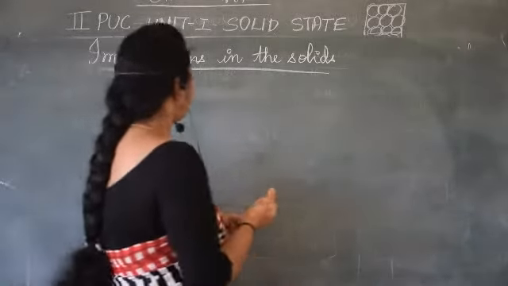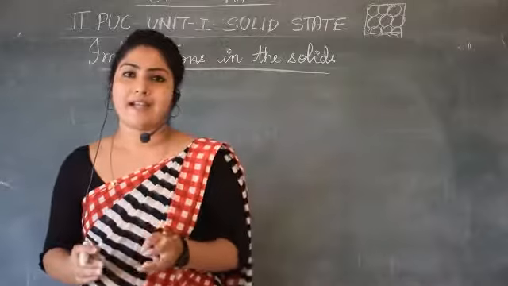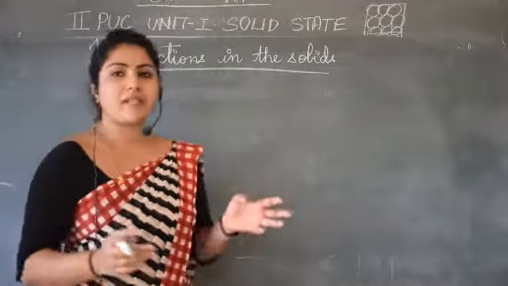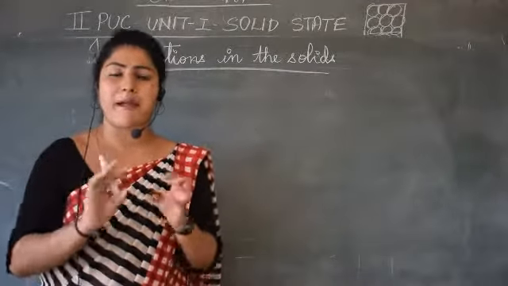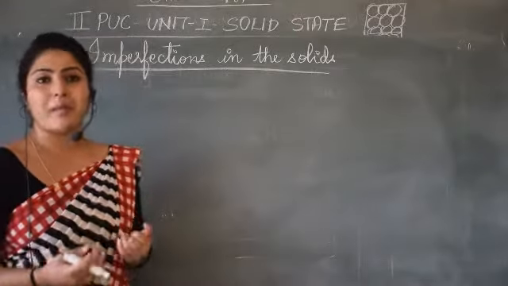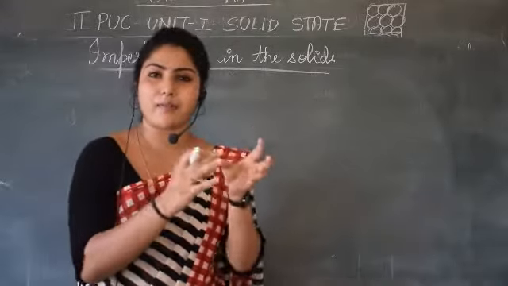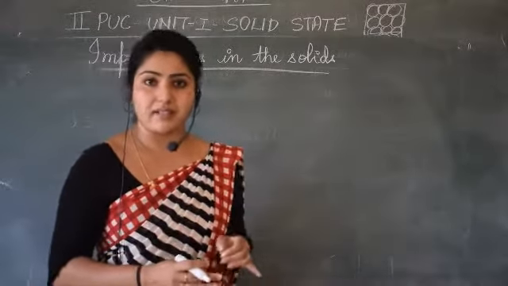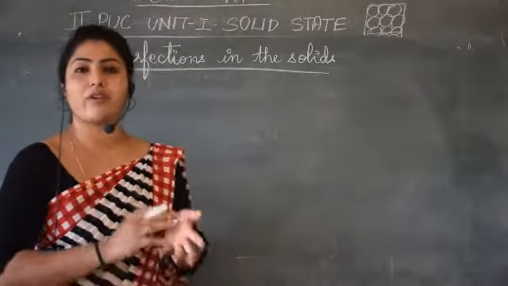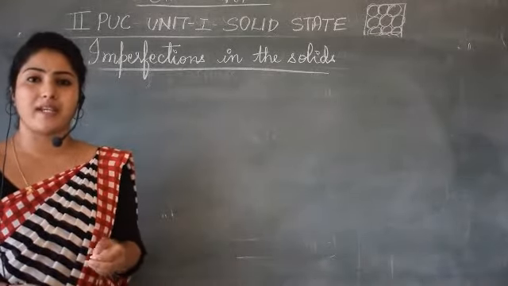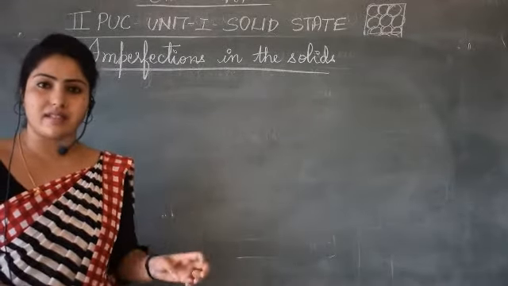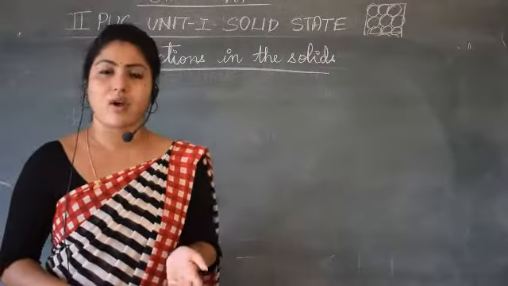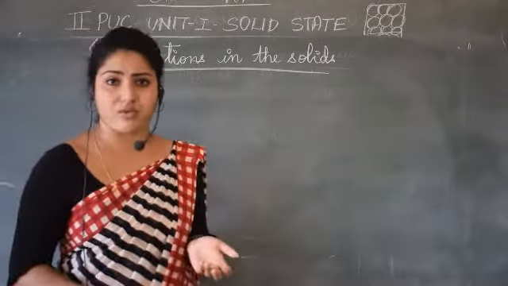When I say imperfections in the solid, you get an idea that the solids are not perfect. Even if we say that the molecules or atoms or ions are compactly packed, they try to minimize the space and they try to keep in touch with each other so that they get a compact structure. But still, even after different types of arrangement, there is a chance that any crystal system will show some spaces between them. And this usually arises as some imperfections or defects.